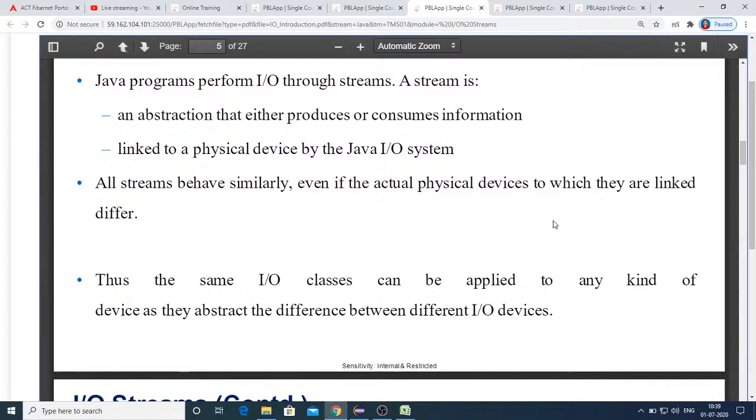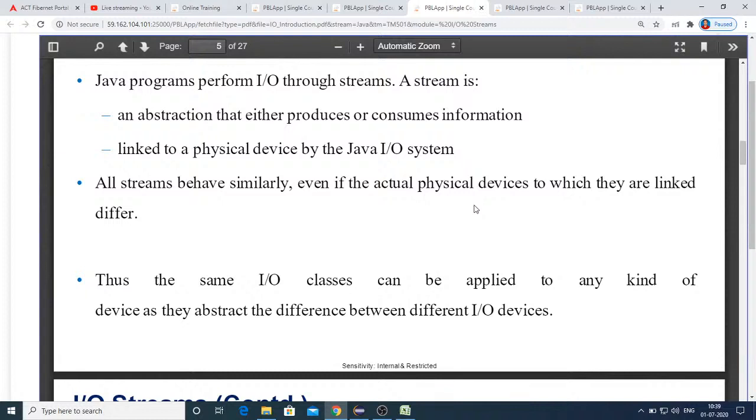And all the streams behave similarly even if the actual physical devices differ, because by nature an input stream is always meant for performing reading irrespective of the types of input devices being used. Similarly, an output stream is meant for writing irrespective of the place where it is being written.